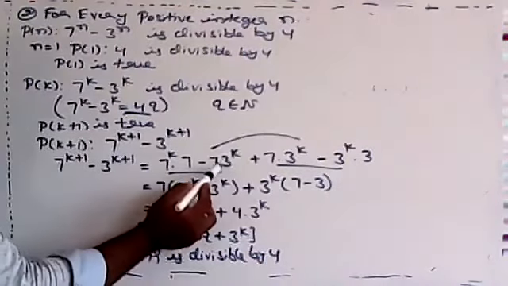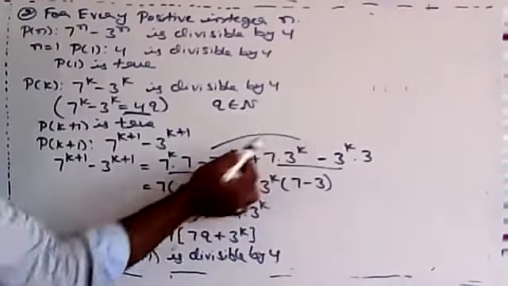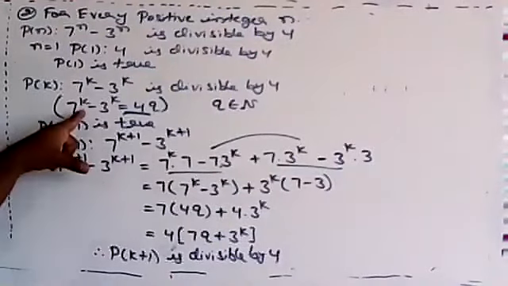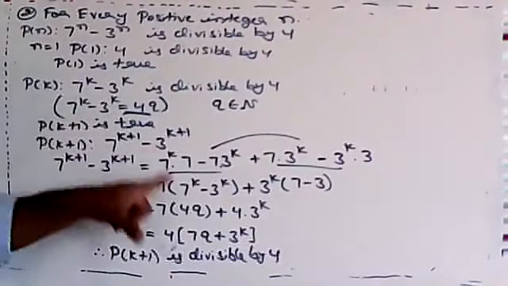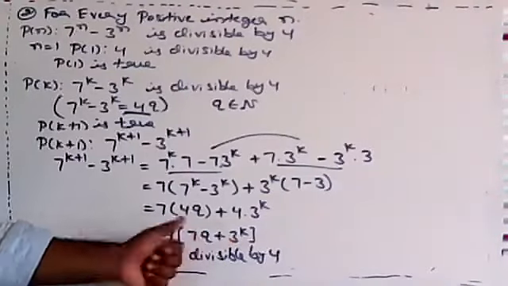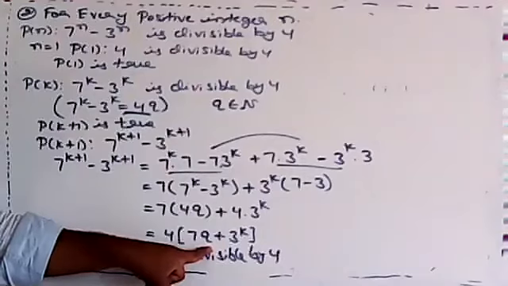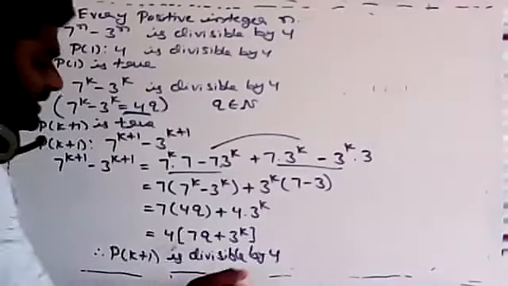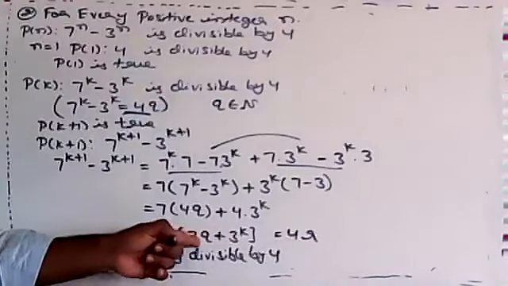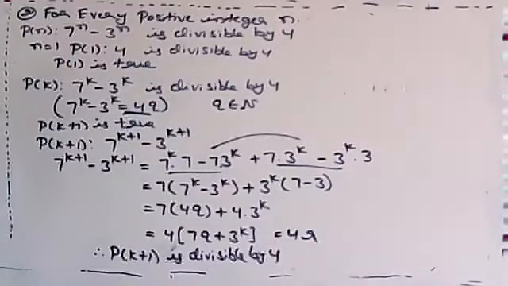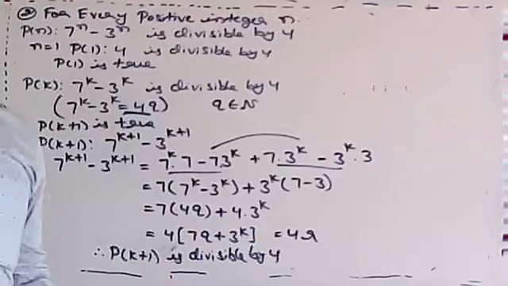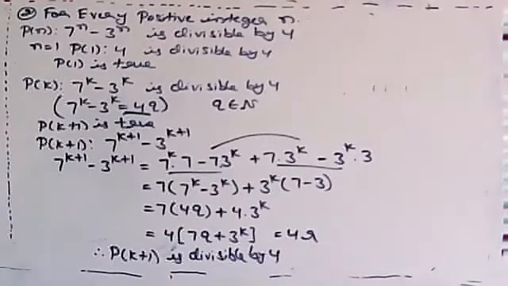So we are balancing with 7 into 3 to the power of k plus 7 into 3 to the power of k, by adding and subtracting. If we take common, we'll get this term 7 to the power of k minus 3 to the power of k as 4q. Again in these 2 terms we are taking 4 common. It means this function is also divisible by 4. If you want, you can write this as 4r also, where r means 7q plus 3 to the power of k. It means it is also divisible by 4. Clear? Clear this one? Yes.